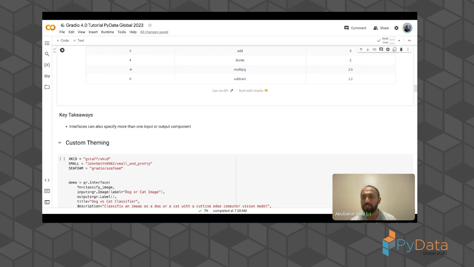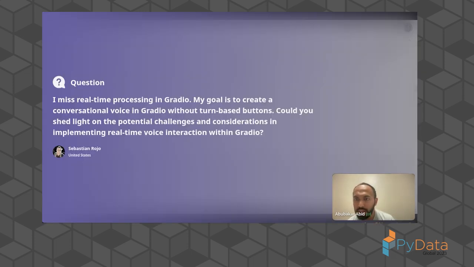Oh, cool, perfect. So there's a question here from Sebastian. I miss real-time processing in my conversational voice without turn-based buttons. Okay, yeah, absolutely. So Gradio does support real-time voice interactions. The way it works is we have support for streaming audio. And what I'm going to do is show you a demo that